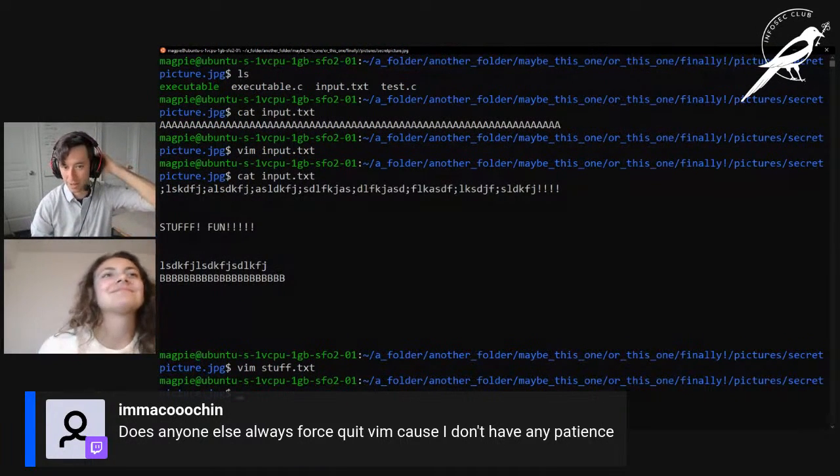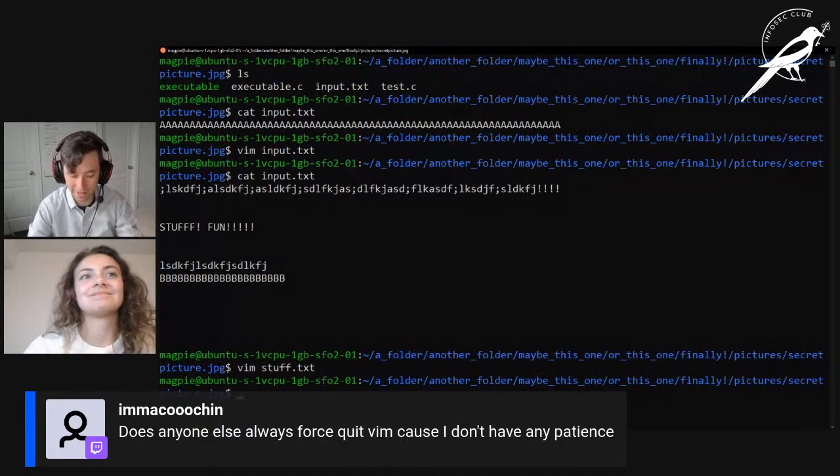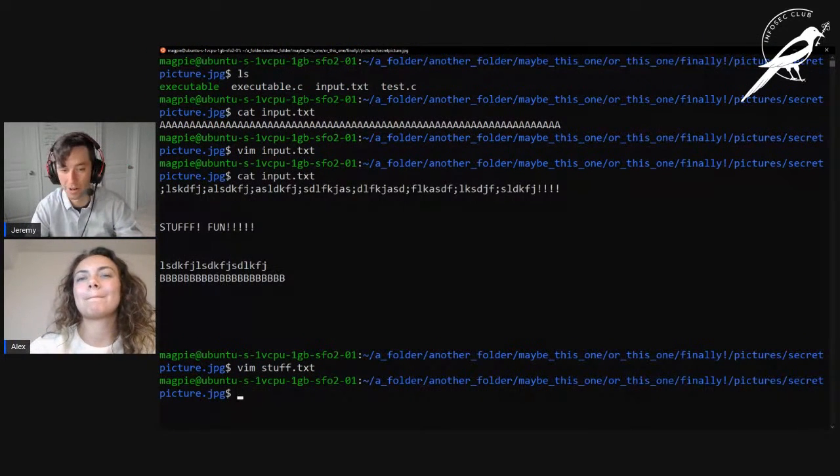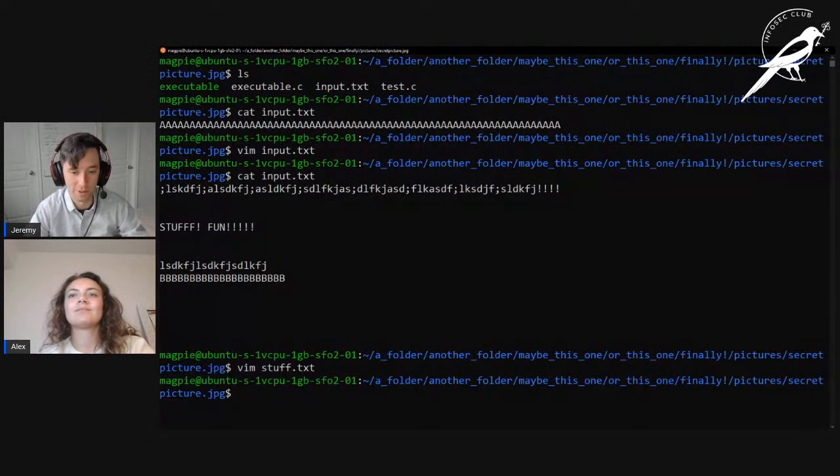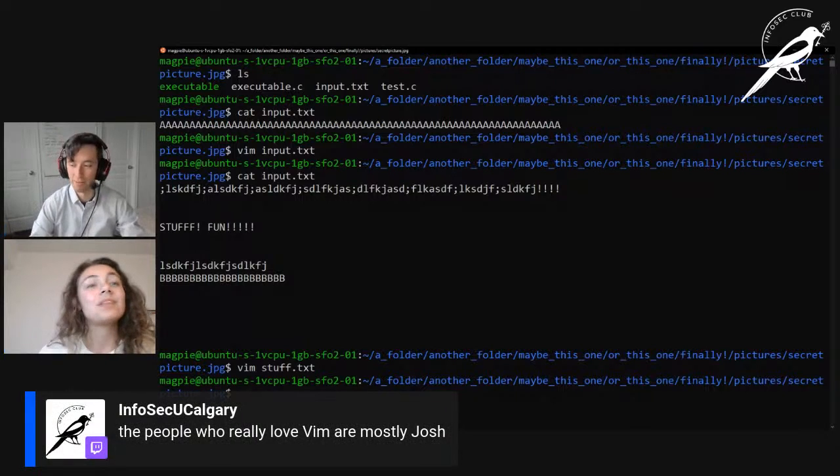The people that really love Vim love it because it's all keyboard based and they don't have to use their mouse. And if you don't have to move your hand to the mouse, you can type more and it saves you time. And the joke is that those people lose way more time telling everyone about how they use Vim. But there are other ones like Pico.